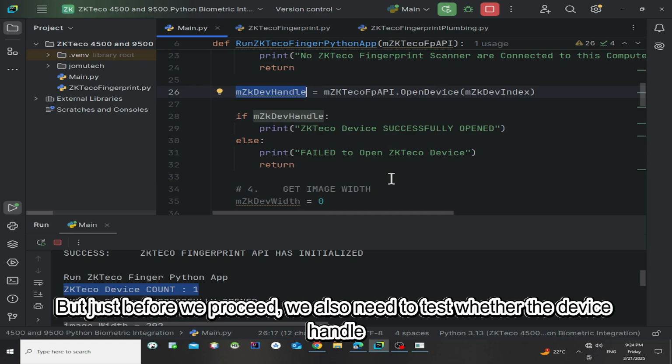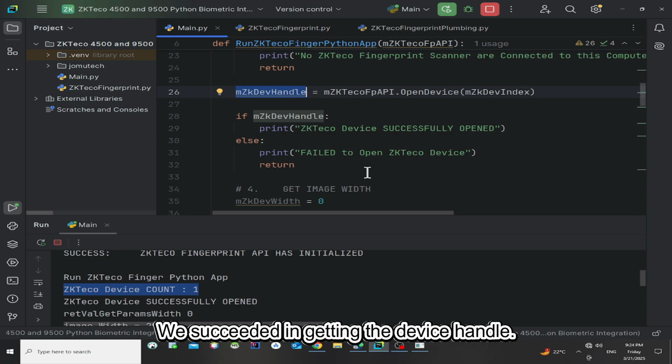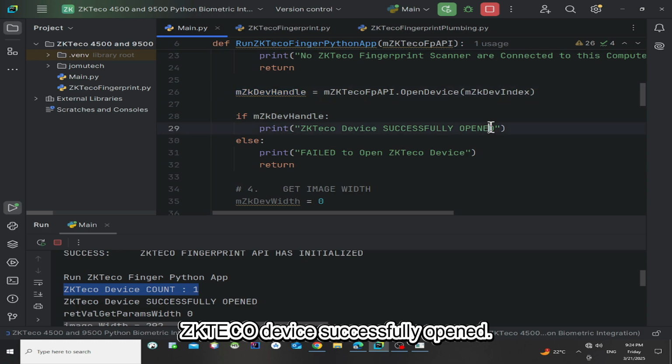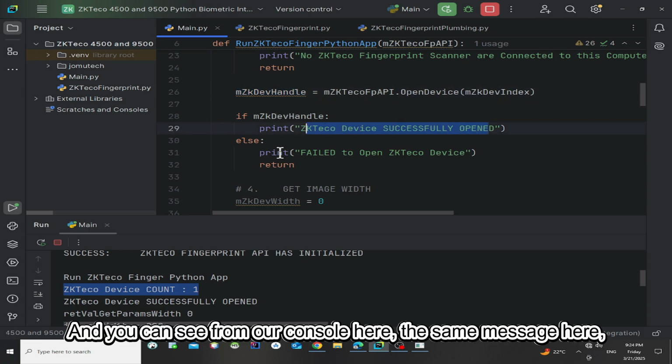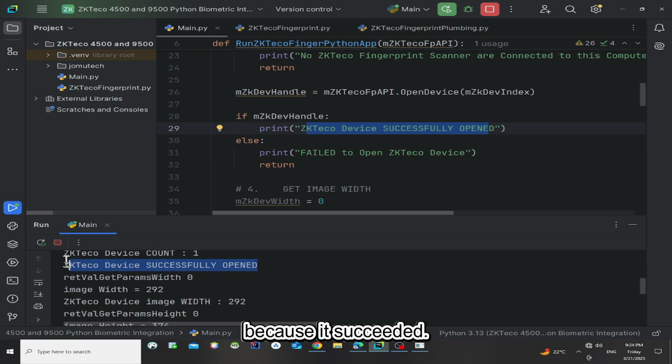But just before we proceed, we also need to test whether we are really able to get the device handle. If we succeeded, we return this message here, ZK device successfully opened. And you can see from our console the same message, because it succeeded.